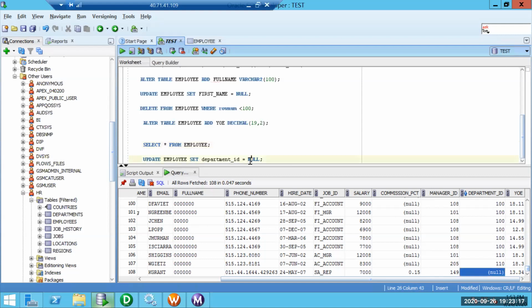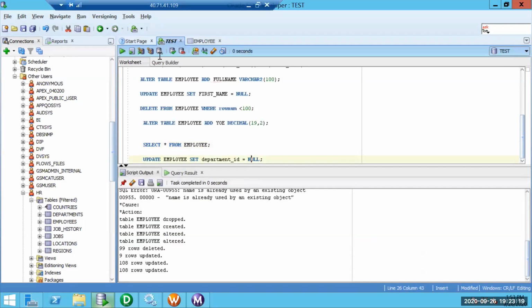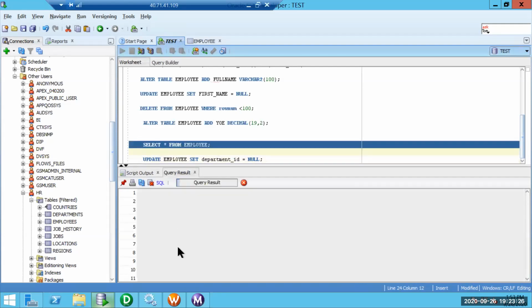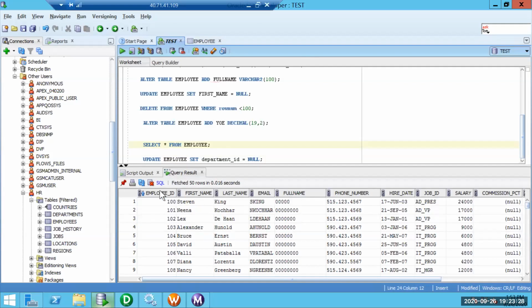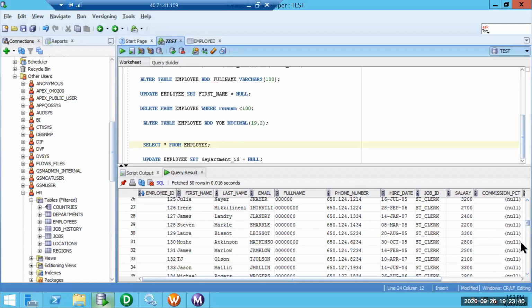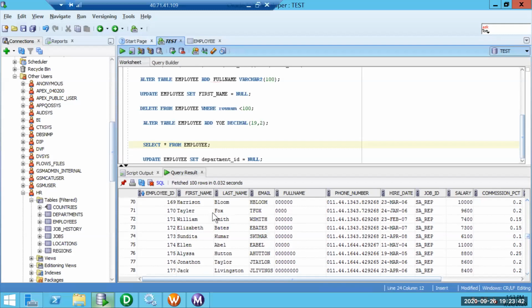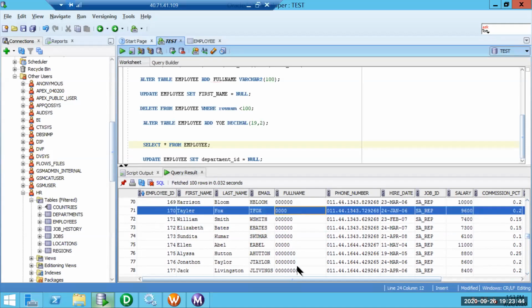What I am going to do is update everything to null. We are going to see about lookup filter. As I was saying previously, we can restrict the number of records. Let's suppose I don't want the lookup cache to be built for employee IDs 100 to 170.